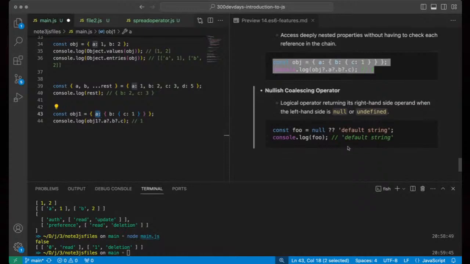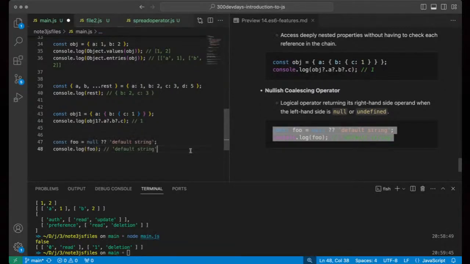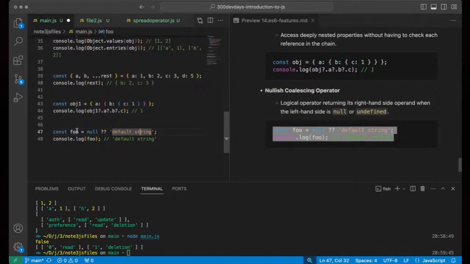So basically, what this is going to do: we have const foo, which is the constant that we're declaring, and we're saying this is equal to null, except if there's a default string. Where this comes into use in an actual scenario is that you are probably writing some code, and you say, okay, this should probably result to undefined, or this should tell us that we don't actually have a null value. Except there's actually a default string.